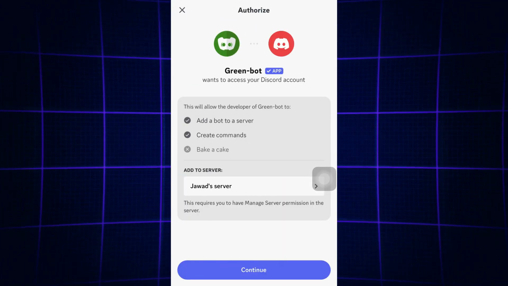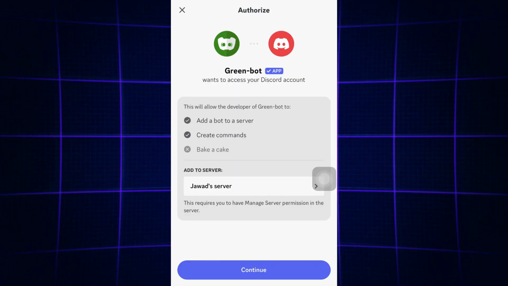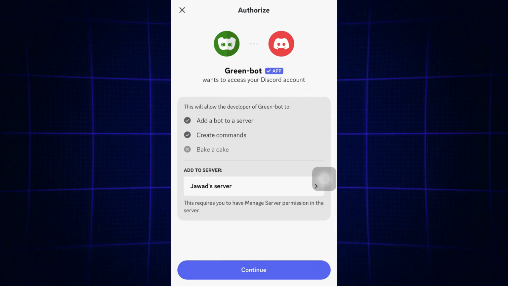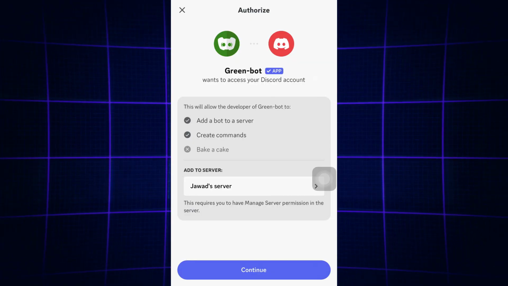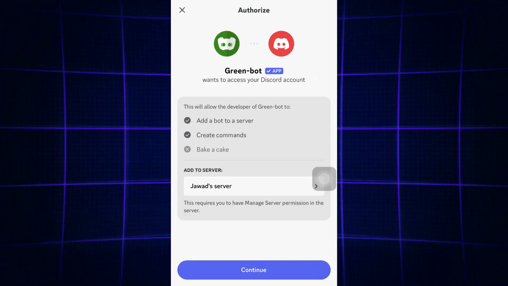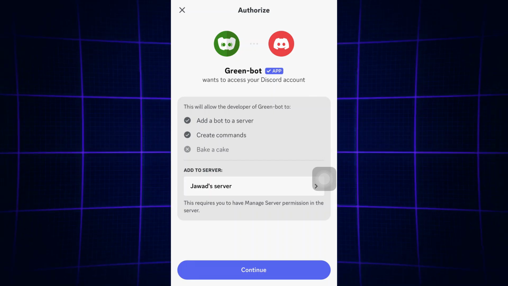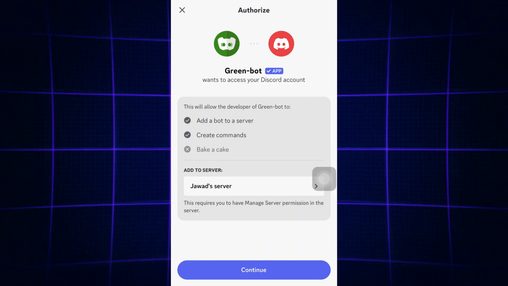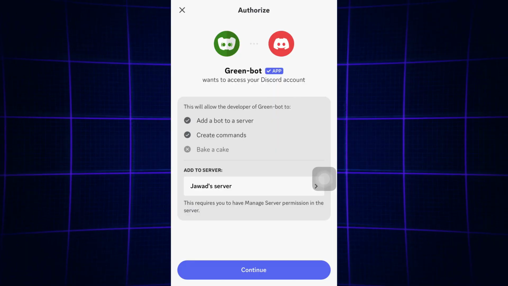If you are already logged in to Discord on your browser, it will automatically detect your account. Otherwise, log in using your Discord email and password. After logging in, Discord will ask you to select a server. Make sure you choose the server where you have Manage Server or Administrator permission, otherwise you won't be able to